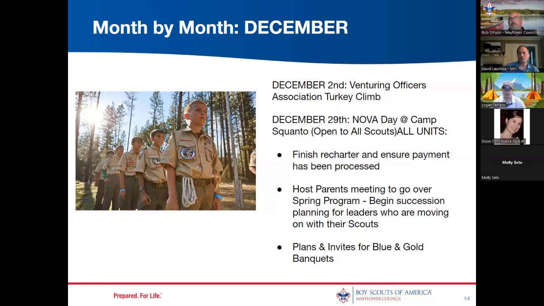So that's a little more on succession. You really want to have someone in place well before the fall, because you want that person to start shadowing whoever the succession team is, and pass on that knowledge if they're not already involved. It really should be locked in at this point who that succession team is going to be by the end of the year, when you cross over with your scout.